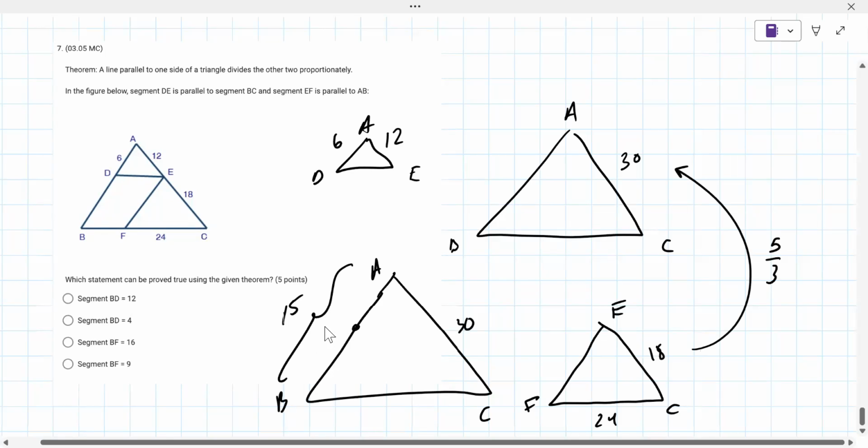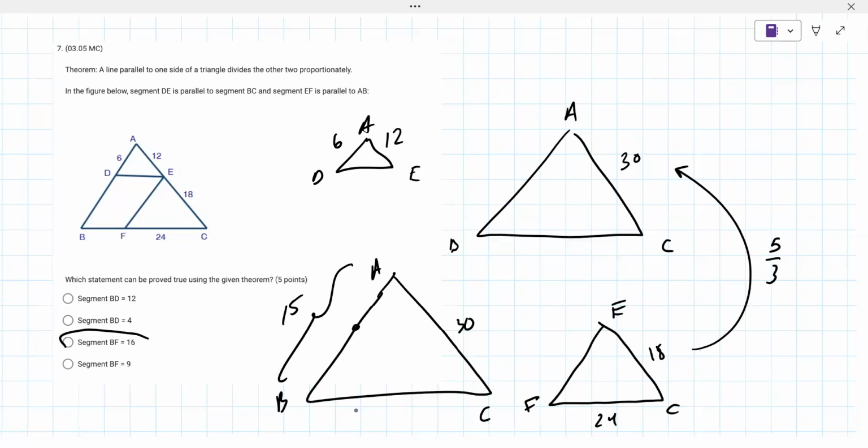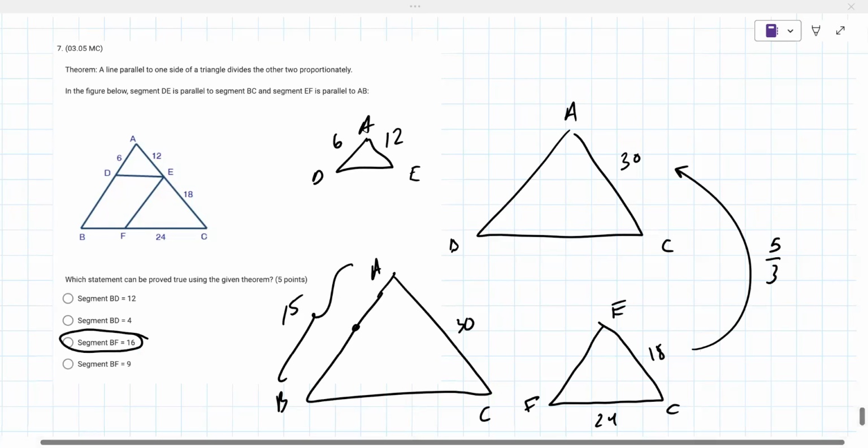We are running out of time here, so I'm suggesting it's probably not that. But go the other way: 24 times 5/2 would put you at 60. 18, that's not right. 5/3 would put us at 40, and that's 16. So this is probably the correct answer. Unfortunately, we are just out of time to be able to go through it much further, but this isn't due till tomorrow, so we can